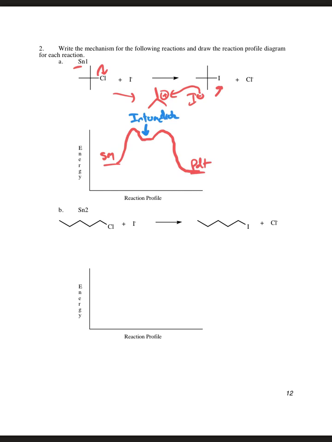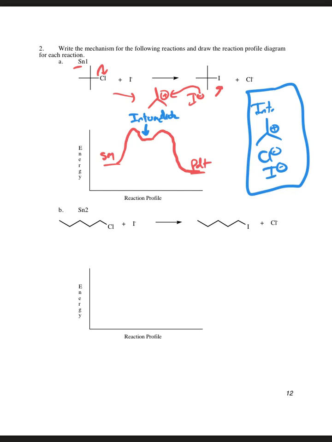That intermediate is the cation. So our intermediate is this, along with the chloride, along with the iodide. So that's all what we have going on right there. Then we have our transition state number 1 and our transition state number 2. So transition state number 1 is what's going on in this step of our mechanism where the chloride